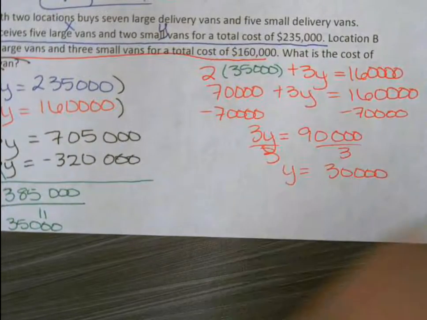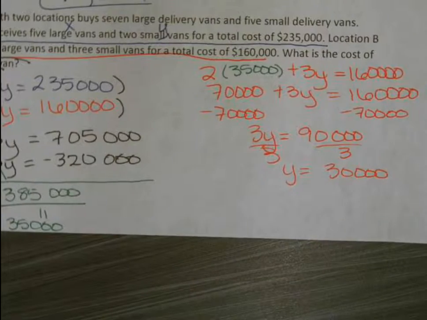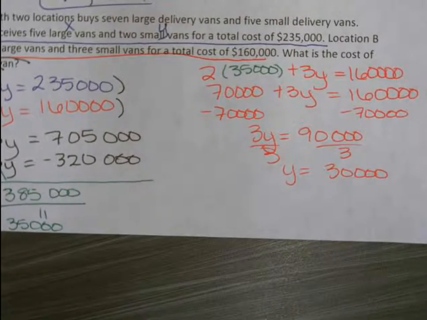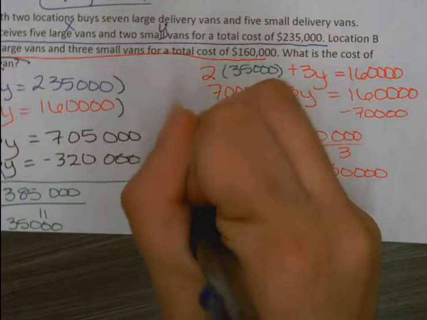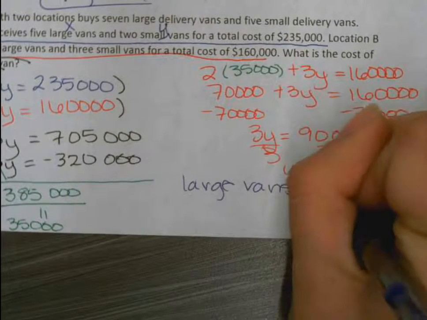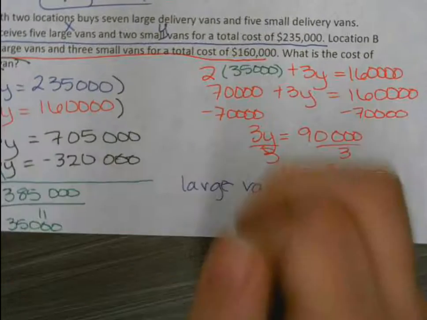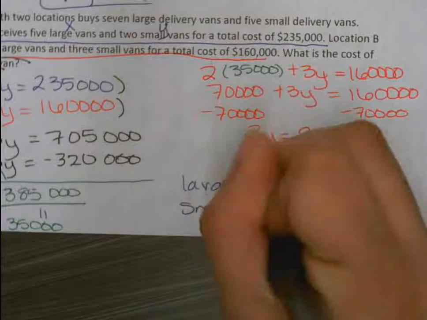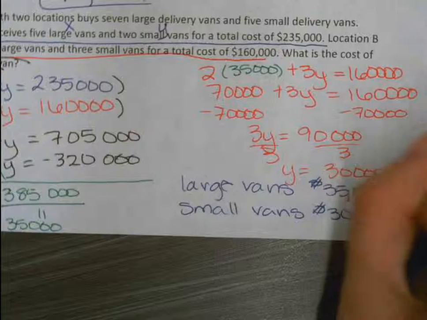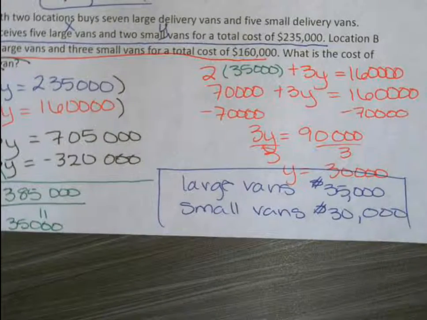You're making it seem like it's so hard. Okay, so my answer here, because I was talking about something specific, like large vans and small vans, I need to put that back. So, large vans cost 35,000, and small vans cost 30,000. So are there any questions